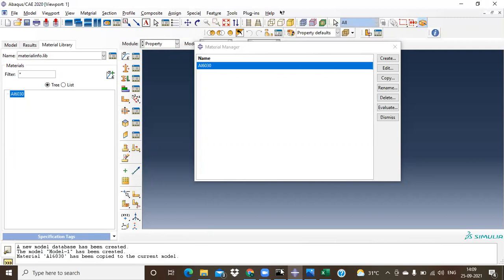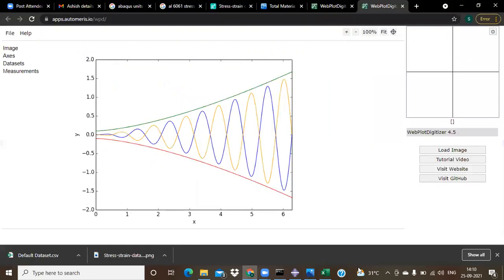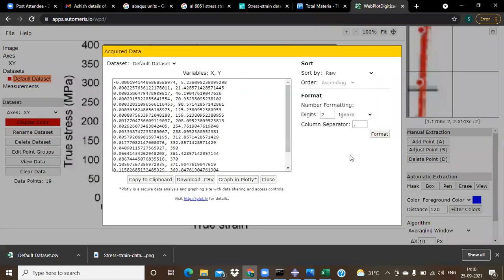Now see this, all this particular curve information, even if you have seen this image in a textbook, that's fine. You just capture an image, that's more than sufficient. You have a mobile, you just capture it, bring that to your PC using this web plot digitizer. In the chat window, I have shared this link. Once you click on it, you have to open your image and then you can choose those values.